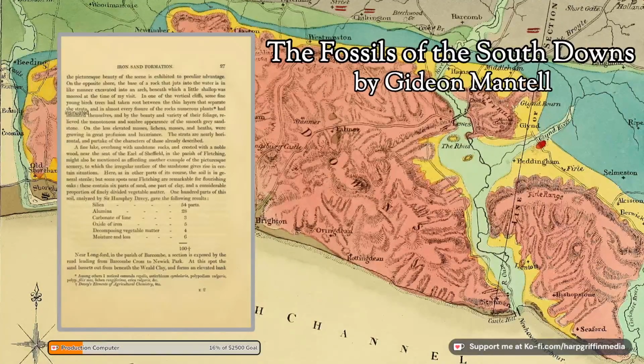A fine lake, overhung with sandstone rocks and crested with a noble wood, near the seat of the Earl of Sheffield, in the parish of Fletching, might also be mentioned as affording another example of the picturesque scenery to which the irregular surface of the sandstone gives rise in certain situations. Here, as in other parts of its course, the soil is in general sterile, but some spots near Fletching are